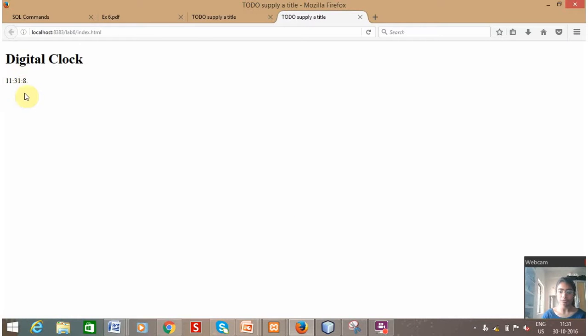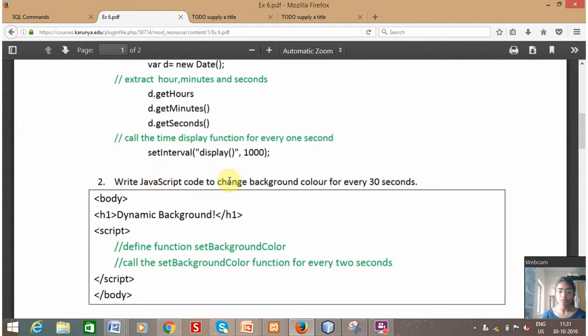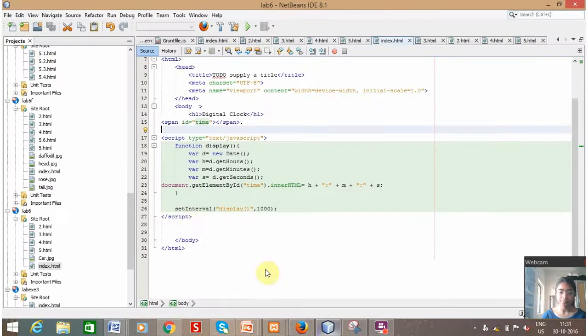so here we go, this is the output of our code. And the next question is to write a JavaScript code to change the background color for every 30 seconds. So for that,